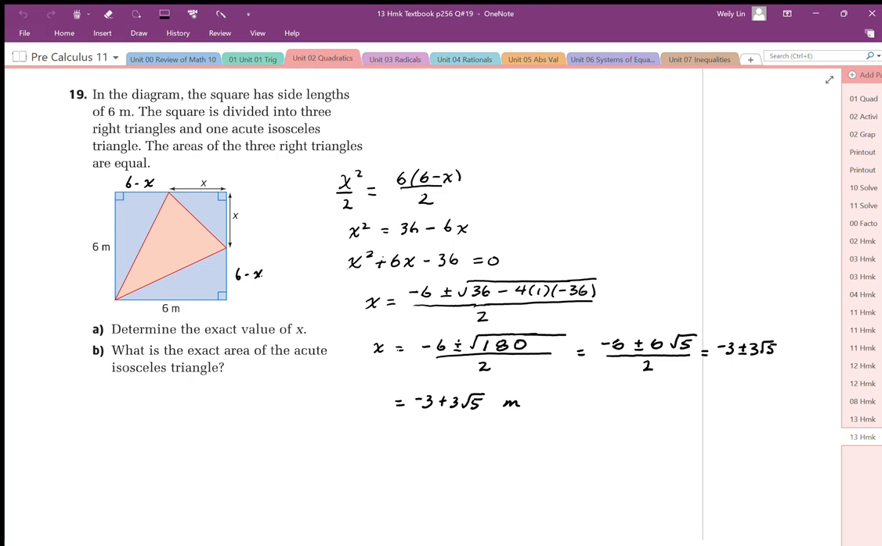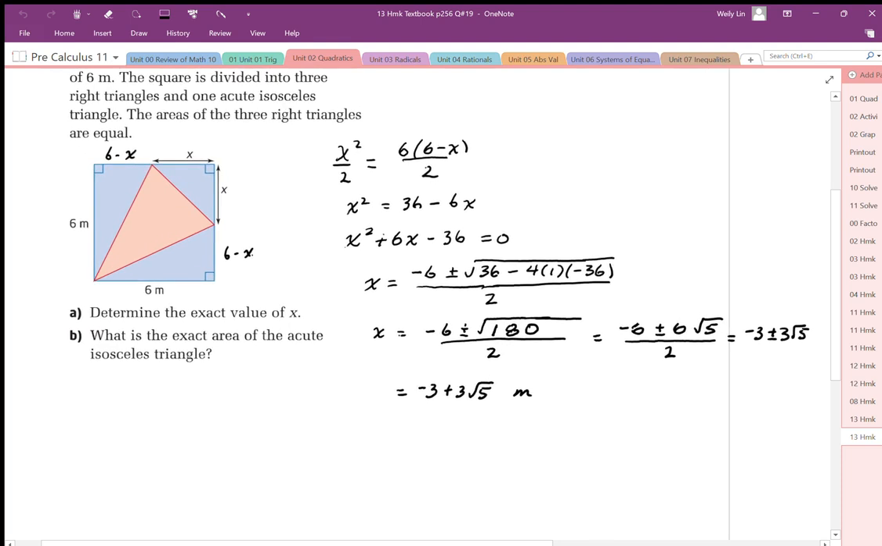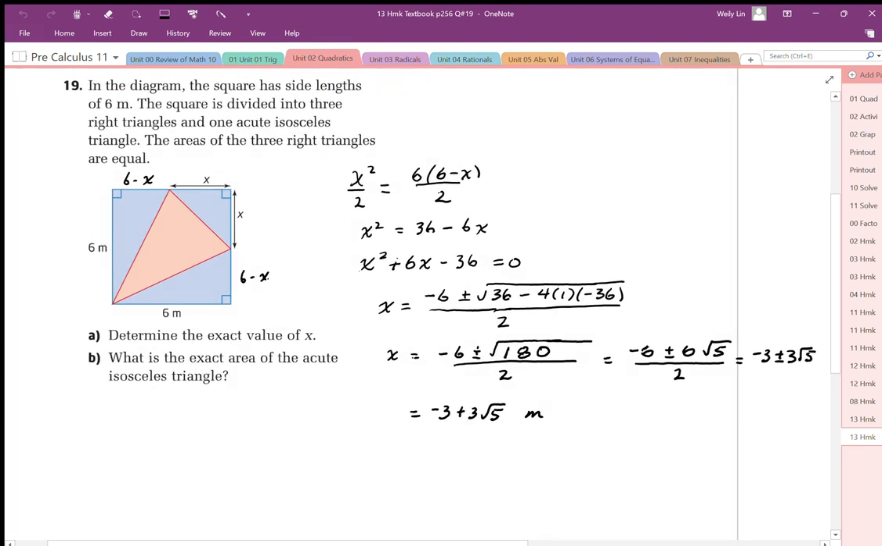For part B of this problem, we're being asked to find the exact value of the area of the isosceles triangle. So that would be the orange area in here. To come up with the area, we can just come up with the lengths here and figure that out. But we're going to take the main area, or 36, so the area is going to be equal to